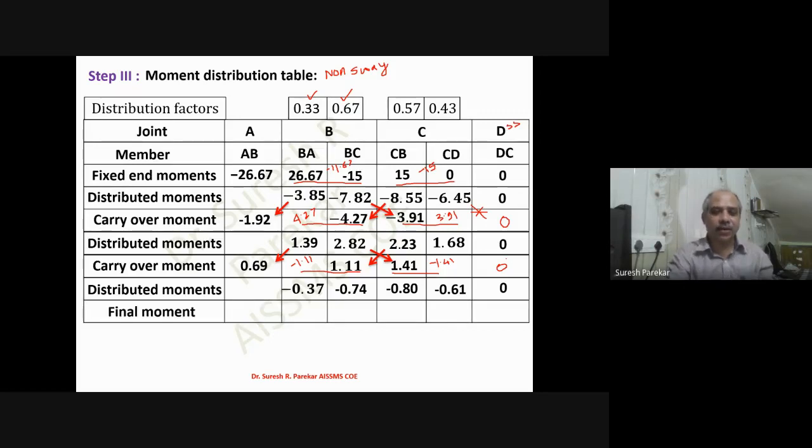Now here I will go for the final moment. How many times do we have to go for distribution? You can see how many times we have gone over there. This will be first, this will be second, and this will be third. You have to go minimum 3 times. Whatever values you have, you can go to 10 raised to minus 2 with those values, and then we have 0.26, until that is expected. And if there is a difference in your values for BA, BC, then you have to go for distributed moments again.